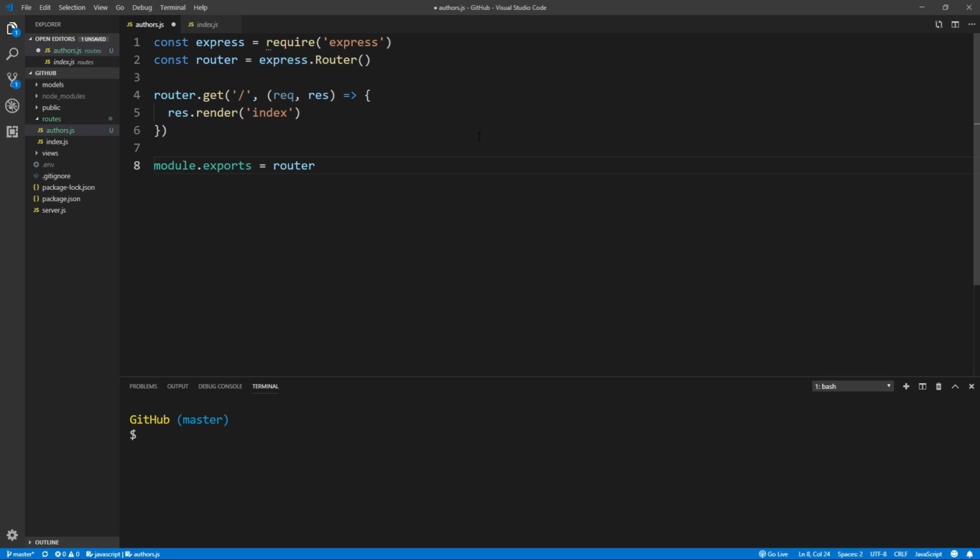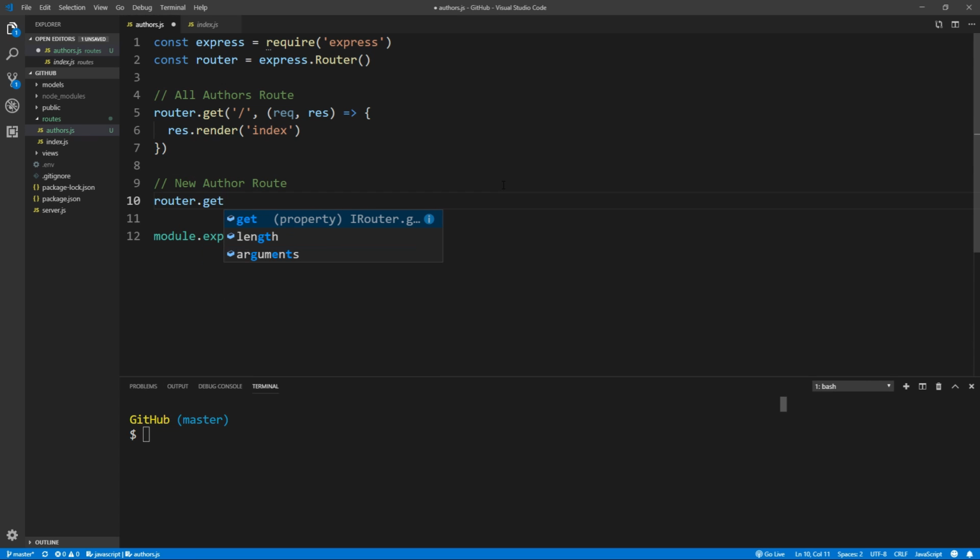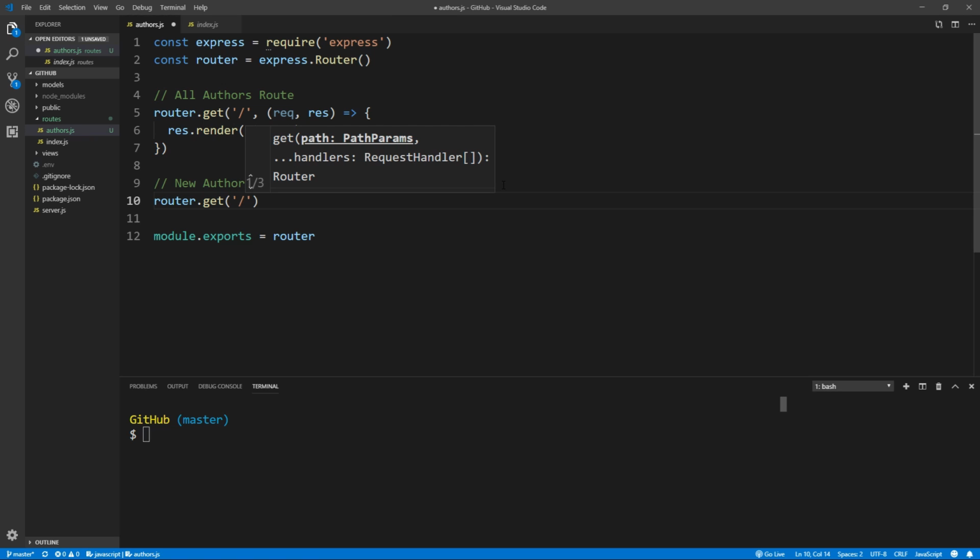This first route here is going to be for getting all of our authors, so we'll just call it our all authors route. Then we're going to be creating a route that is going to be for creating a new author, so we'll say new author route, and this is going to look very similar. We'll say author.get, and instead of getting a single slash, we're going to want to get /new, and this is going to be the new route for our authors. It's again going to take the same exact parameters,